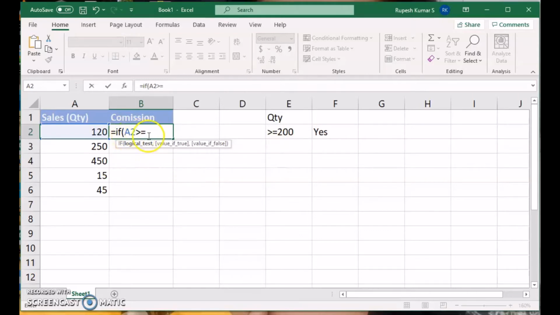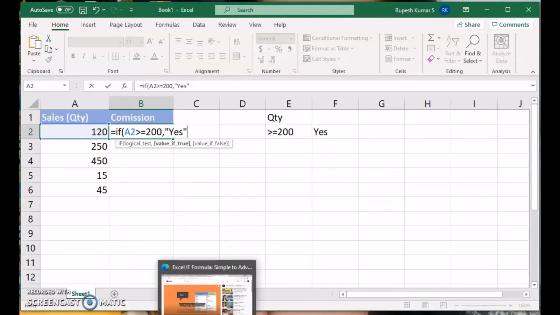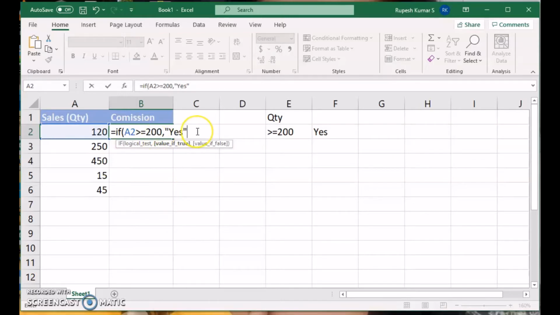So if A2 is greater than or equal to 200, the first part is the condition. If this condition is true, then we say yes, we are going to give commission. Right now I'm not going into how much, the calculation part I will show you later on. So if A2 is greater than or equal to 200, then yes, he is going to get the commission, otherwise no.